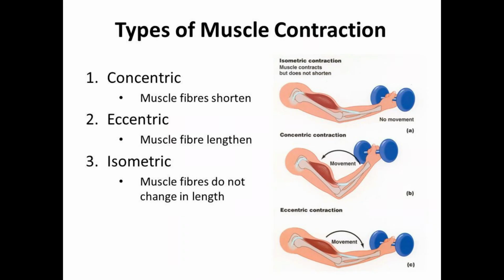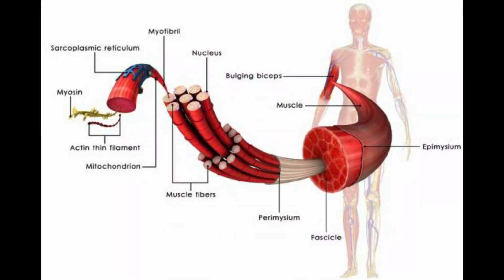Now, whenever a muscle contracts, whether the contraction is concentric, eccentric, or isometric, the force generated must be graded to meet the needs of the activity. The amount of force produced depends upon the number and type of motor units activated. It also depends upon the frequency of stimulation of each motor unit. The size of the muscle, the muscle fiber length and the speed at which the contraction happens also affect the production of force.